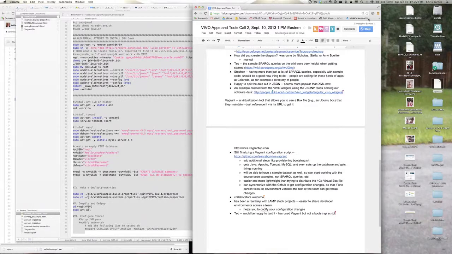Yeah, my big problem is that, Stephen, I think I picked the wrong box file to start with, so it had OpenJDK installed. I installed Java properly, but then when Ant went to build, it was looking for the tools.jar in a place where it didn't exist. So I think I need to pick a box that did not already have OpenJDK installed. That would be good.